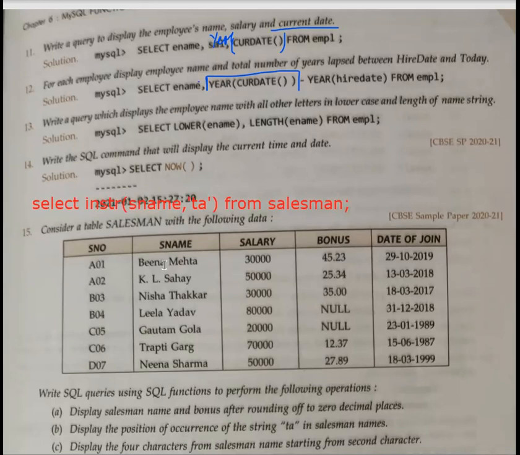Double ENA only. B will not come. Yes, Ekta, correct.